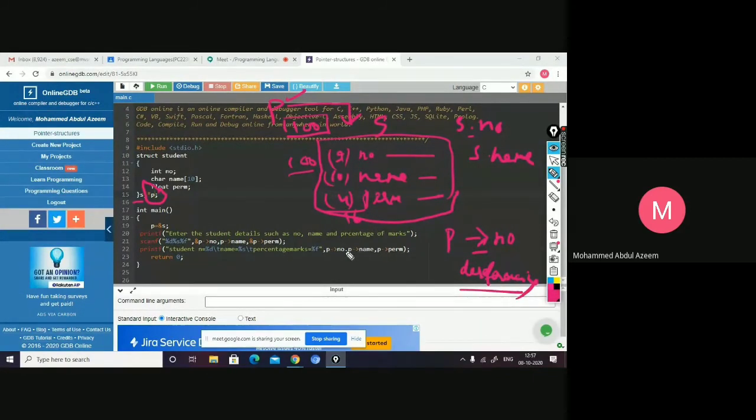Similarly, for the next format specifier, percentage S, in place of this percentage S, the second variable after double quote comma, P arrow name, will be displayed here. And then percentage of marks equal to percentage F, in place of which the percentage of marks is displayed. You are accessing it with the help of the pointer, P arrow percentage of marks.